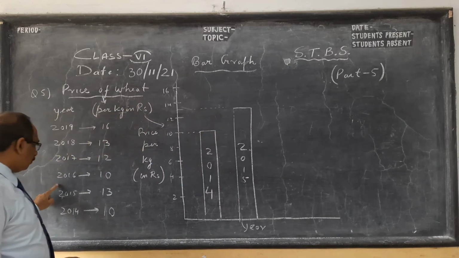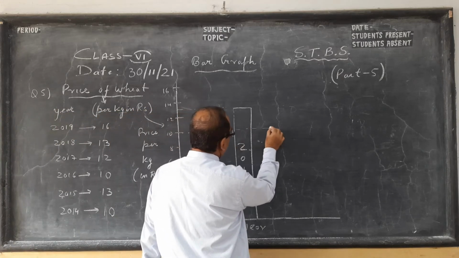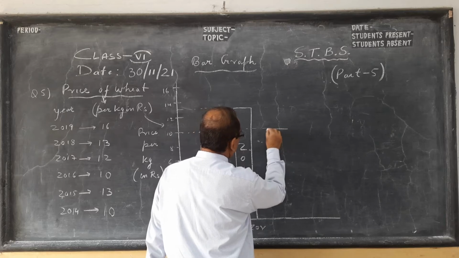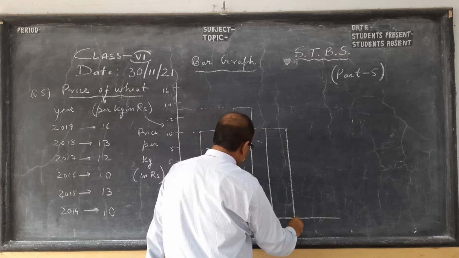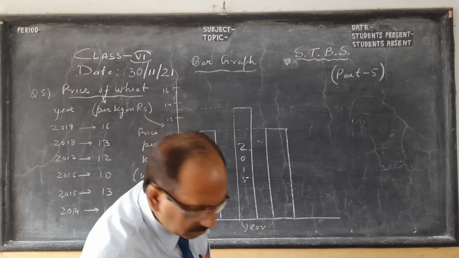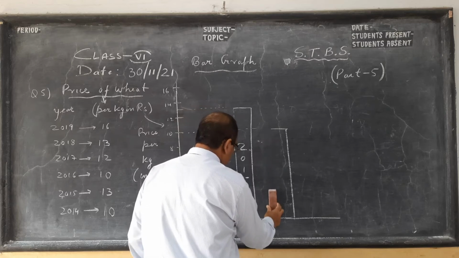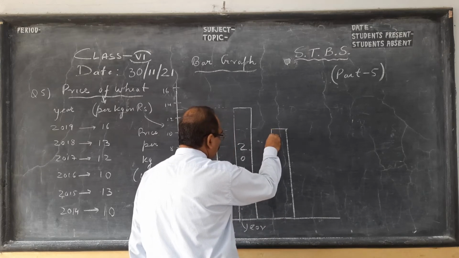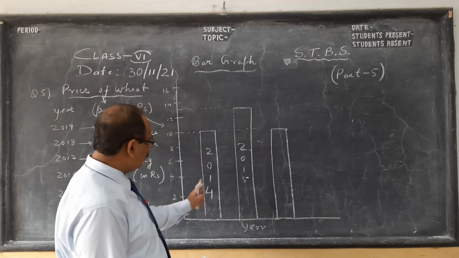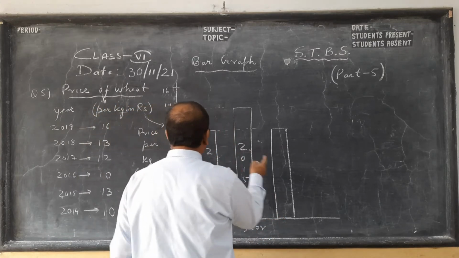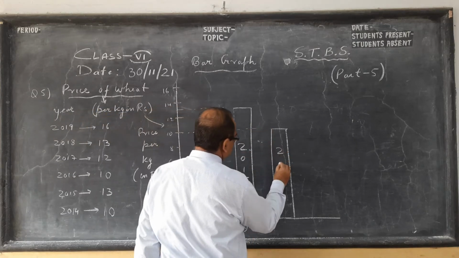Next, 2016 is again 10. So same height, this is 10. You can rub this off and see the gap, children. I am just using my free hand. If you use a scale and do it properly, this has become thick, so I'll make it a little thin, and it is a little close also. Since I am not using a scale and a ruled white copy, I may face some problem. Like that you see the thickness is also the same. So you see 10, 13, 10. This is 2016.